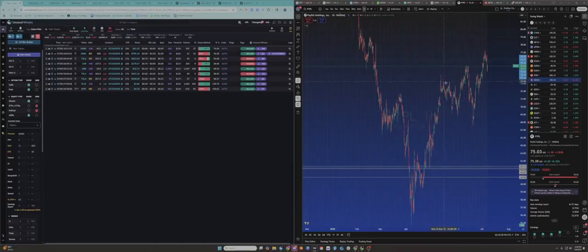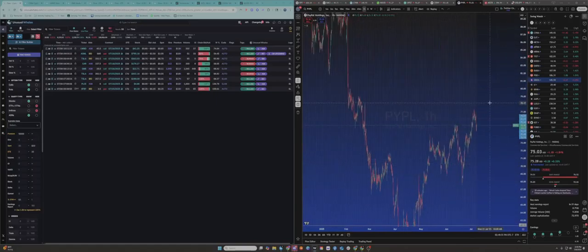So $9. We had the breakout here, back tested it, dropped back down. So we'll just say it broke out down here. So we get $9 here. 79 would be the measured move. We're a little short of it. So if PayPal does not fill above 79, in my opinion, which, what do you know, that also matches up with this clearly huge historic level here at 79. That would be really tough to break.